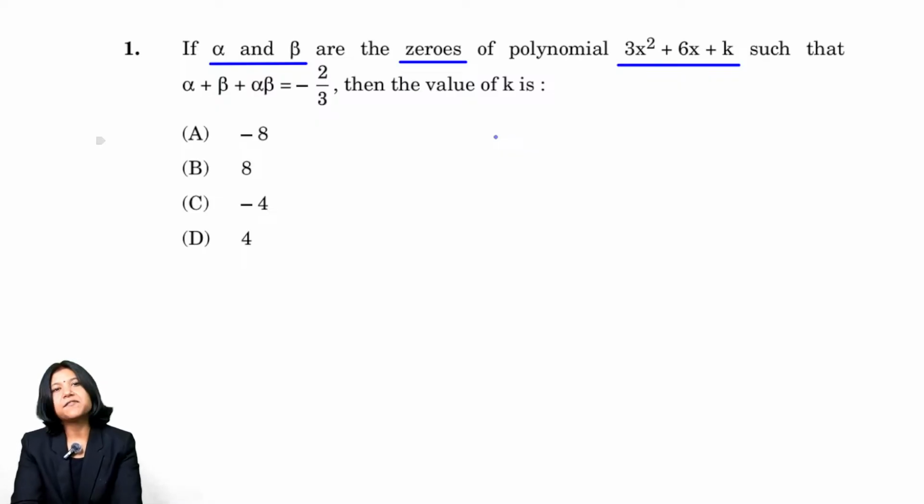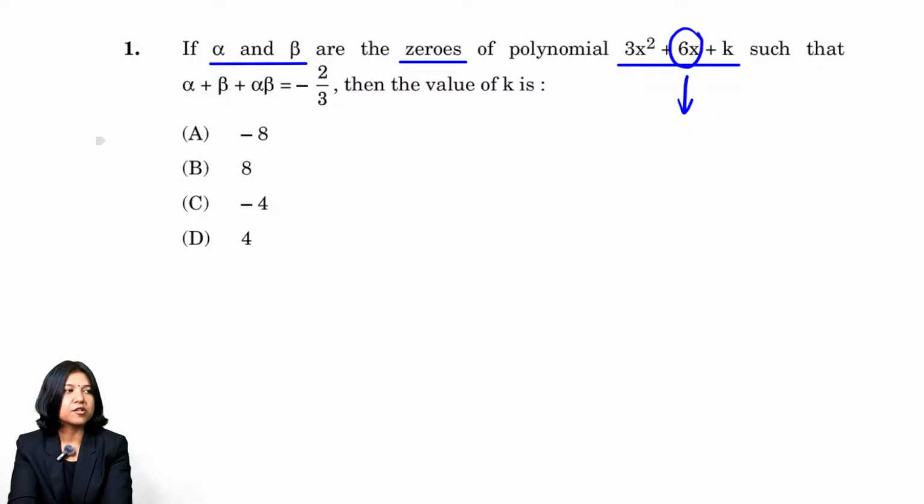So you have done factorization before. If you recall the concept of factorization, what we used to do? We used to split the middle term into two terms such that their sum is always equal to this, while the product is always equal to the last term. Sometimes when you have the leading coefficient at the front, then you have to multiply, and their product is equal to the product of the two values you'll be taking. So from there comes the concept of sum and product of roots. So every quadratic,